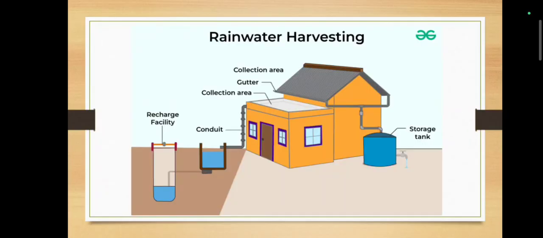Domestic level. This is also known as rooftop rainwater harvesting. This technique captures and stores rainfall utilizing the rooftops of buildings, industrial and other housing complexes. Though rooftop water harvesting is a very old practice, it has acquired more importance nowadays with our increasing water needs. Second is community level. Large catchment areas are used in rural areas for collection of surface runoff into village ponds and reservoirs by drainage pipes.